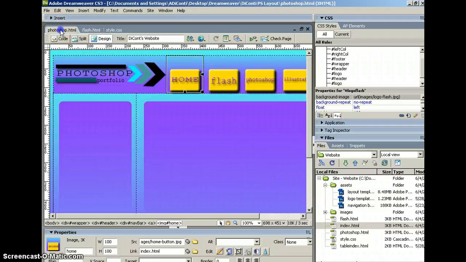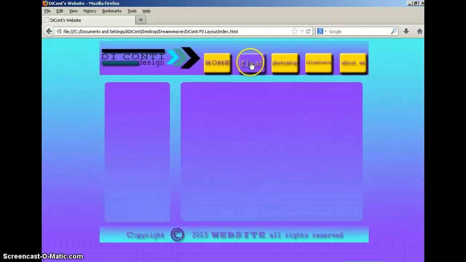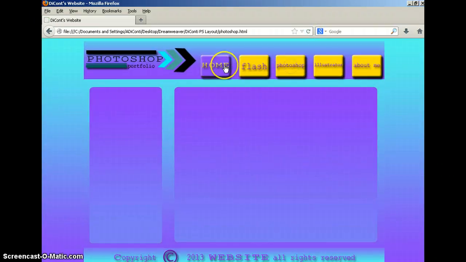Okay, Photoshop goes to the Flash page, link that up. Okay, now I didn't link everything up because I'm pressed for time, so let's just refresh and see how that looks. Okay, yep, there it is. Links from the Photoshop page, but I didn't do the